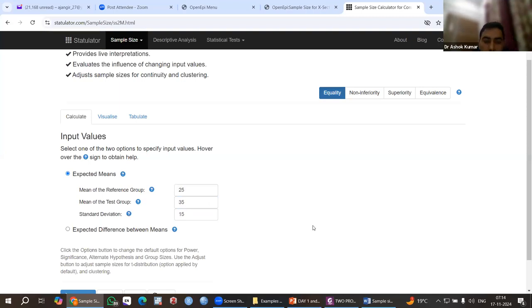It is not group 1 standard deviation or group 2 standard deviation. It is called pooled standard deviation. So here, first we have to calculate pooled standard deviation. We can calculate pooled standard deviation using online calculators. Otherwise, a shortcut, okay, I'll show you. For this standard deviation,